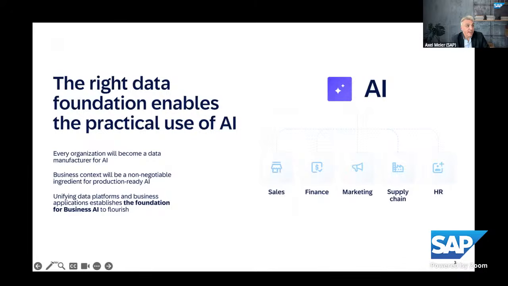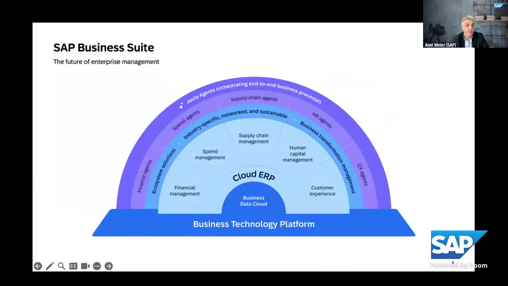Looking at that slide, AI is all over the place, and AI, of course, requires a solid data foundation to connect business AI with your data foundation, including data. So AI, from our perspective, becomes relevant within every application. And this is also a nice transition to the next slide, where we articulate the value of the SAP Business